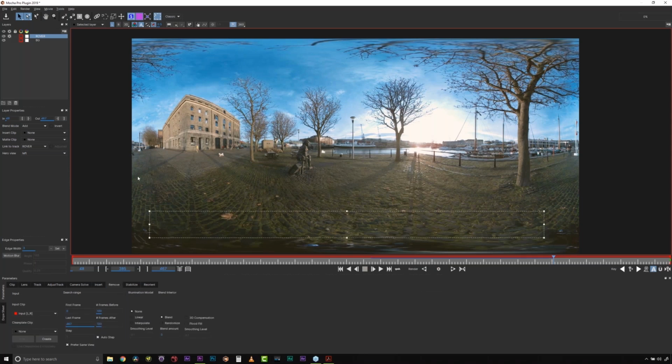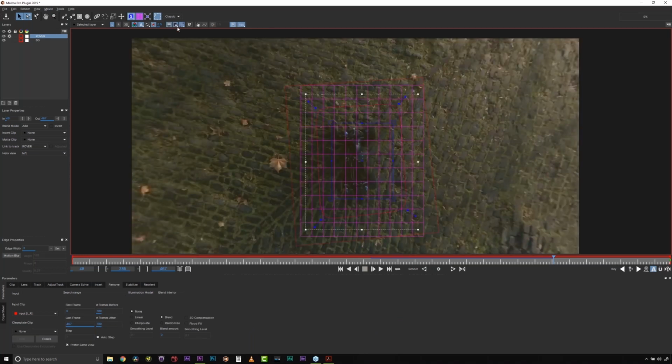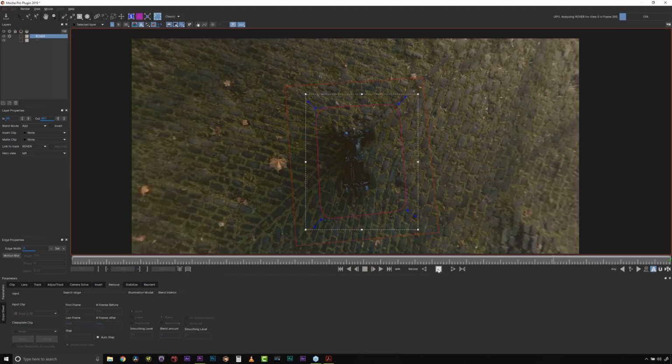But what we're going to do is, if I try to remove this, let's just look at my nadir here for a second. If I try to remove this rover based on these shapes, let me turn my grid and surface tool off so they're not in the way. You can see I select my rover shape, and we're using Illumination modeling none. We're using frames before and after 100. We are not looking at 467 frames of 4K or 6K footage for the entire frame range. That's crazy. And we are using auto step, okay? So we're going to hit render,